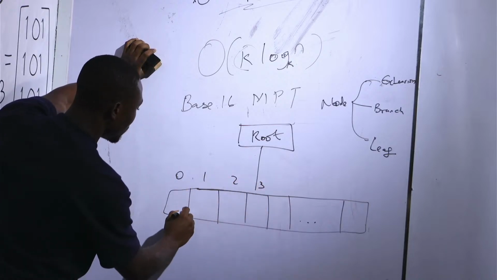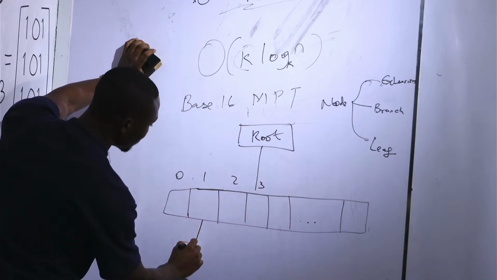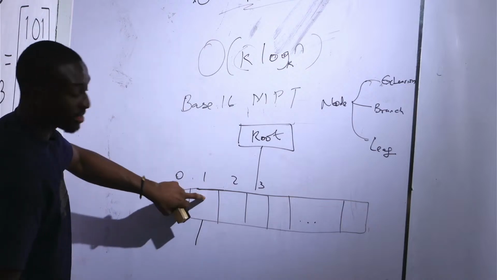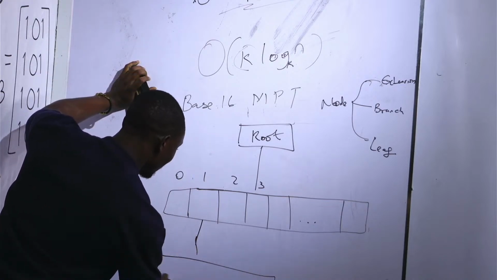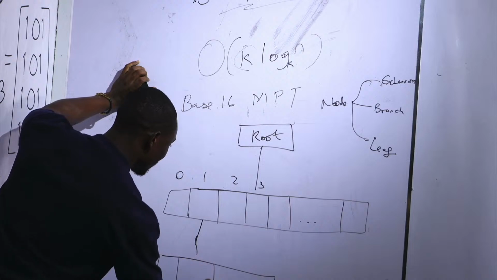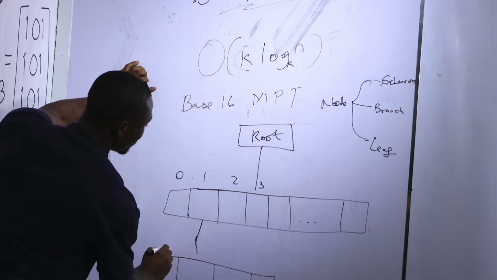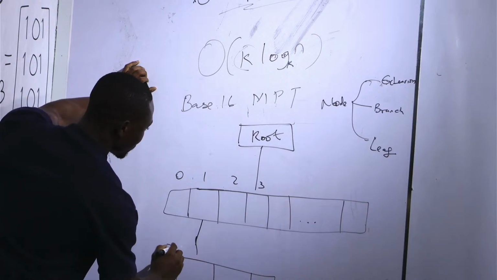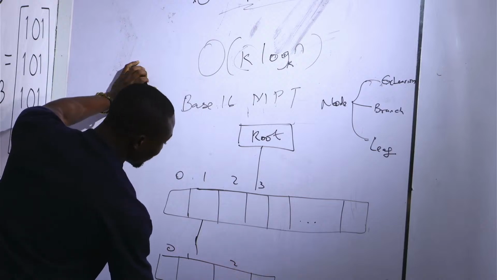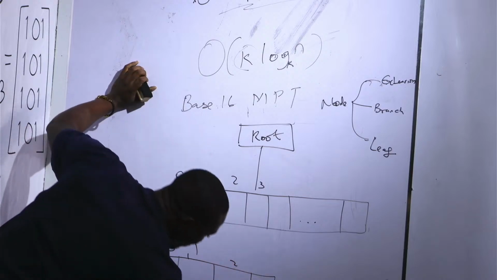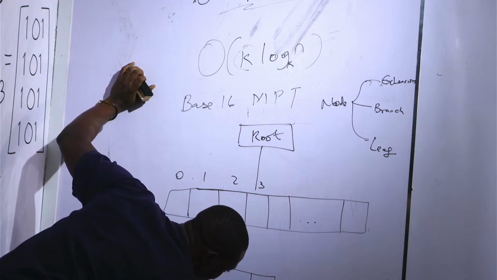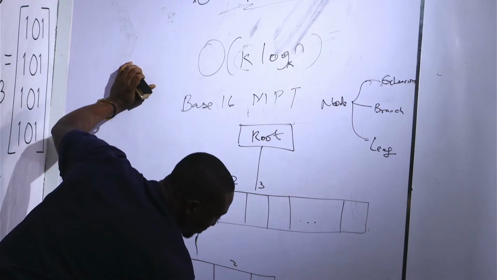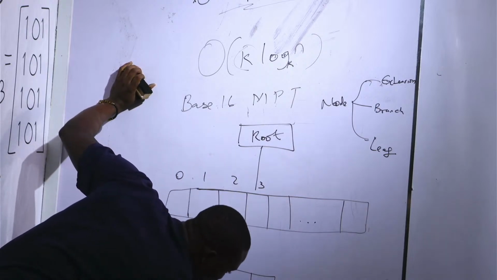Now let's say we have another branch at this index. This also has index 0, 1, 2. So let's now say we have a leaf here. This is a leaf, and it has a value of, let's say,